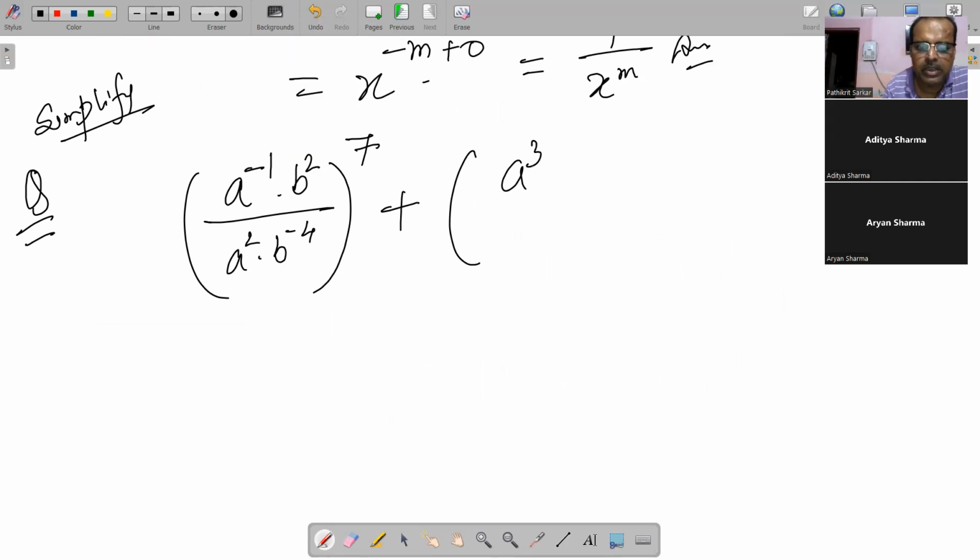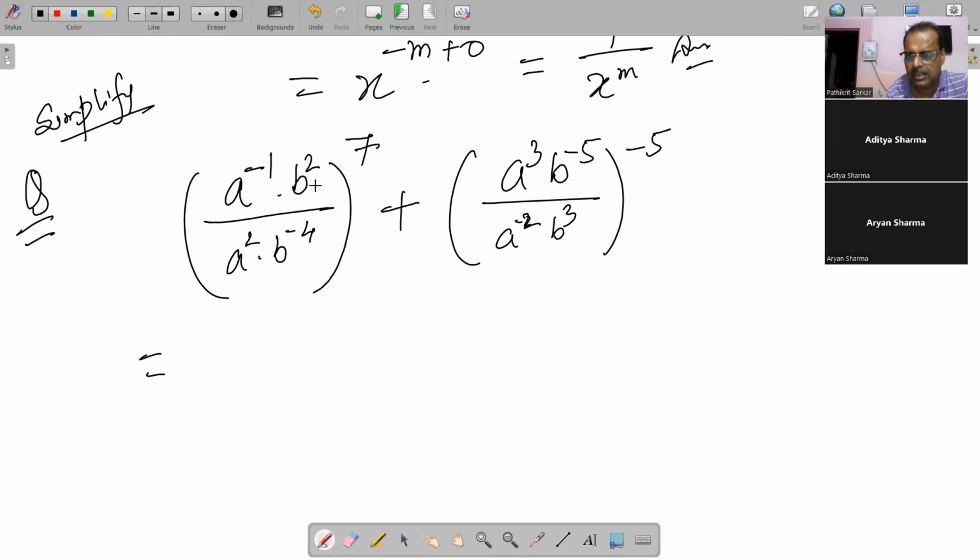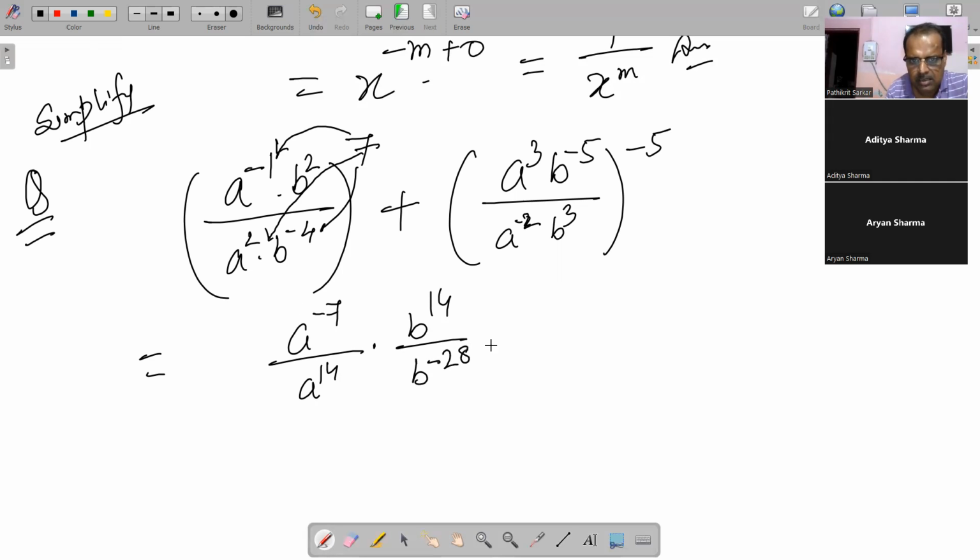that is AQ into B to the power minus 5 by A to the power minus 2 into BQ और इसके ऊपर पूरा -5। तो इसको सिंप्लीफाई करना है। तो पहले हम क्या करेंगे सर, यहाँ पर जो है वो हमने एक बार देख लेते हैं कितना होता है। सर यहाँ पर होगा A to the power -7 क्योंकि दिस एंड मल्टीप्लाइड विद दिस और दिस विल मल्टीप्लाइड विद दिस माने बाई A to the power 14 होगा। सर उसके बाद ये होगा B to the power 14 बाई इसके साथ ये मल्टीप्लाई होगा, सो इट विल बिकम -28।